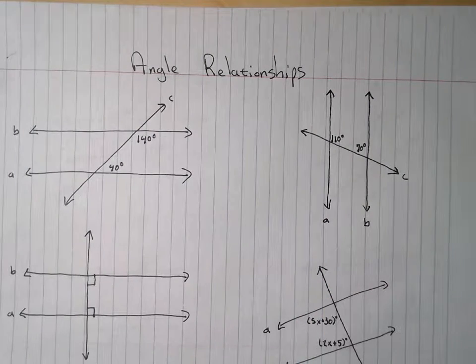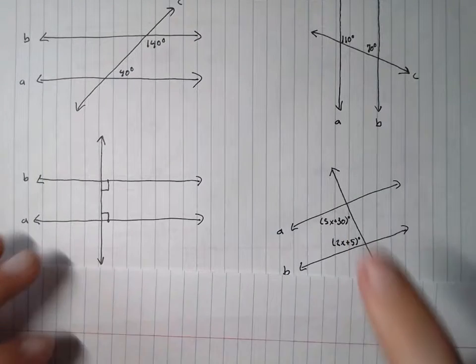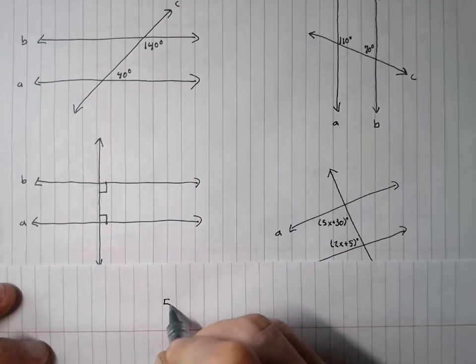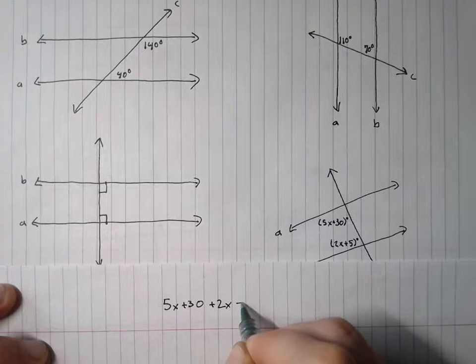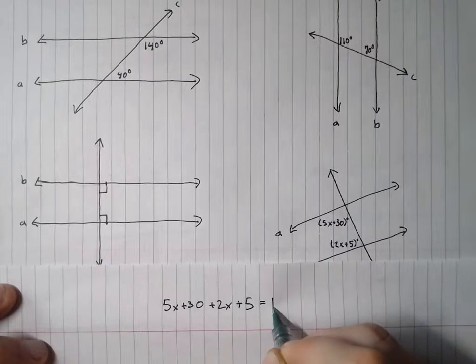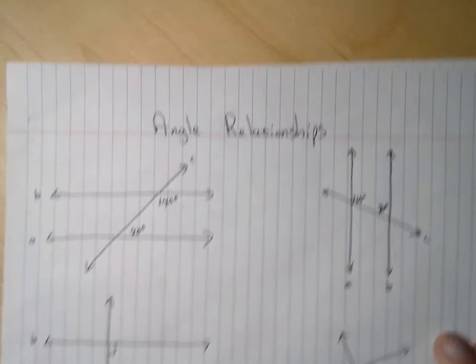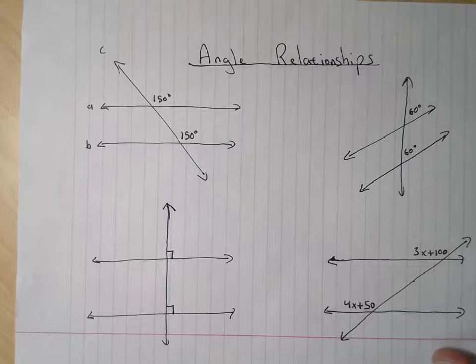So when we wrote an equation, we wrote the equation for this diagram where the angle measures were unknown. Because they were supplementary, we wrote 5x plus 30 plus 2x plus 5 equals 180, and then we solved that equation. In this video, we're going to look at a very similar set of angle relationships, except the angles are